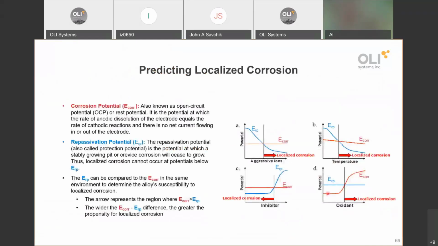In the papers that I will provide to you after this class, you'll see that the software is calculating both the corrosion potential and the repassivation potential. And the criterion is always: if you have a corrosion potential that is above your repassivation potential, or more positive than your repassivation potential, then you will suffer localized corrosion. Okay. The wider the difference between the corrosion potential and the repassivation potential, the greater the propensity to localize corrosion